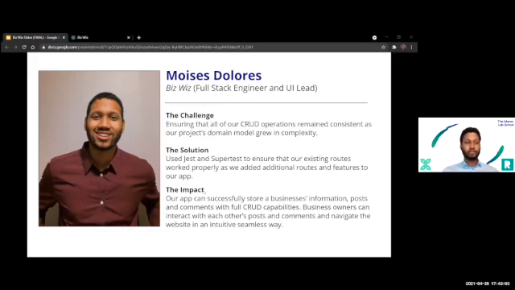I then created RESTful routes for our businesses and tested those routes using Jest and Supertest to make sure our app can interact with our database. Since this was my first time working with Jest and Supertest, I encountered several errors and false positives. These tests helped me refactor our SQL queries using PG Promise. As a result, our users are able to interact with each other through posts and comments they make and can navigate our site in an intuitive, seamless way.